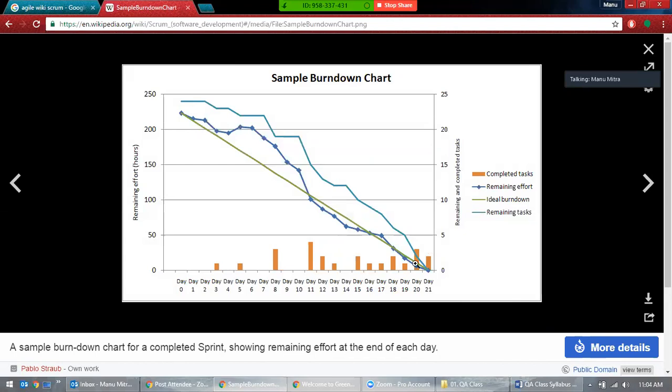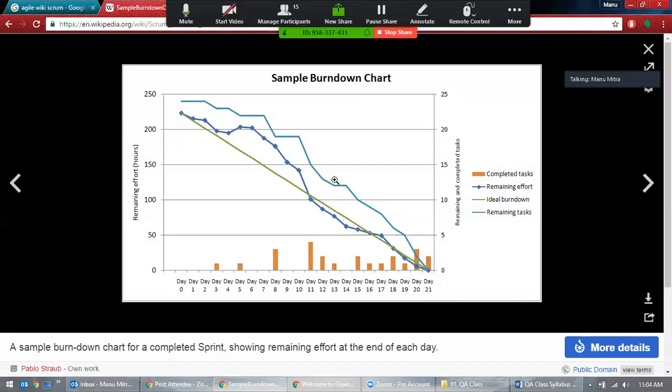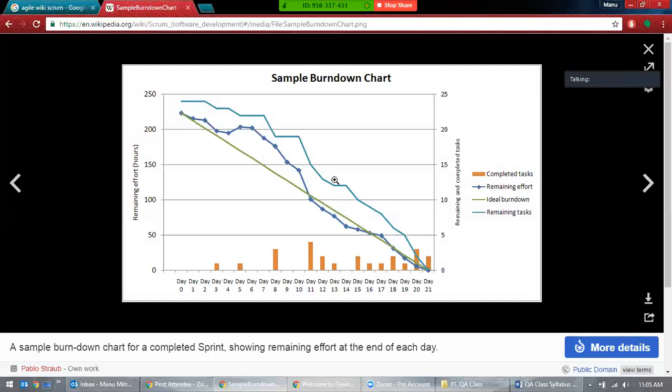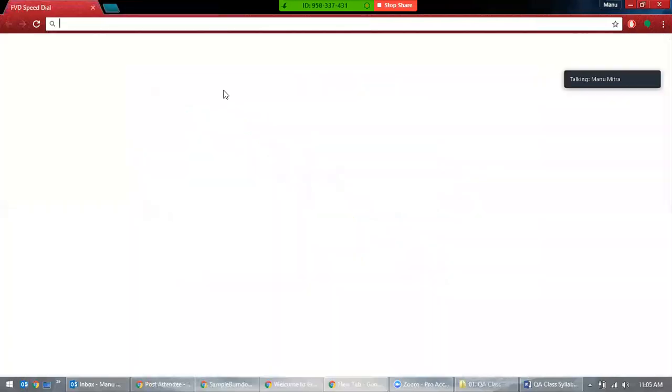Normally, ideally, we don't have this direct green line. So ideally, it should be completed in this. In a traditional way, this chart was supposed to be prepared by the Scrum Master, and they used to stick it onto the walls to show the CFO, the Chief Financial Officer. But now it's not required, because everything has become online.